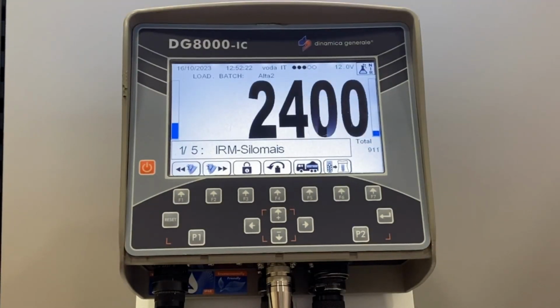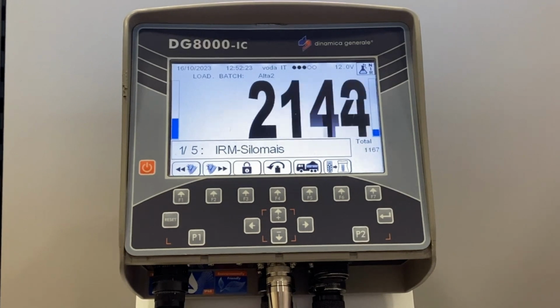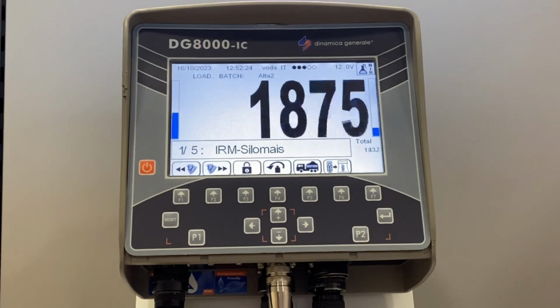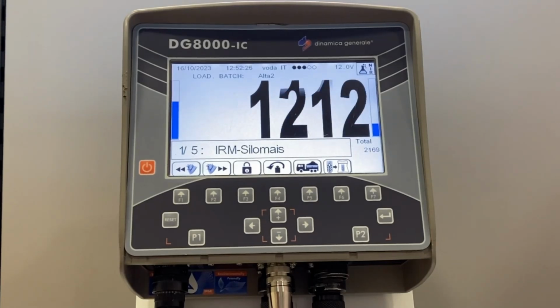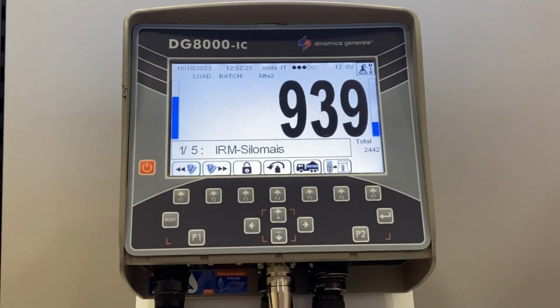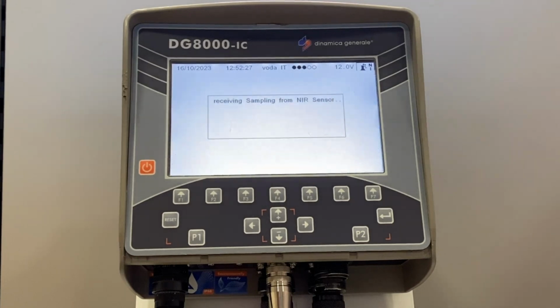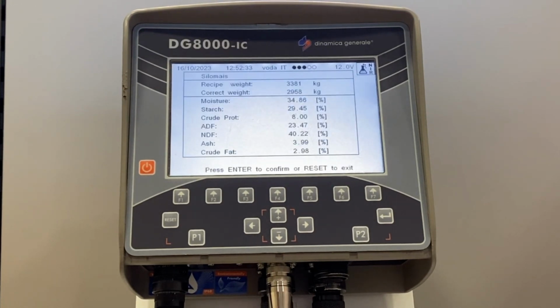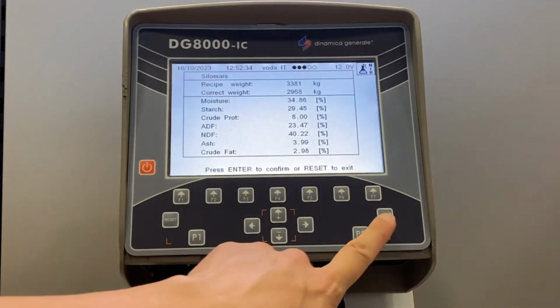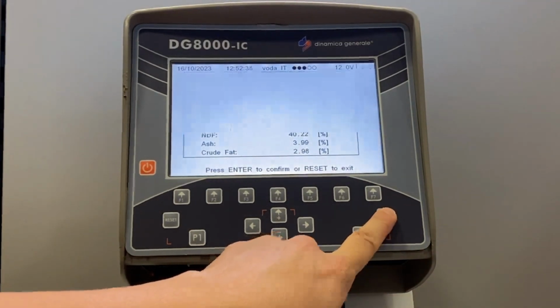You will observe the NIR status icon transitioning to execution state. Loading continues until 80%, where the NIR analysis is halted, and based on the analysis, a suggested remaining quantity of components to load will appear, aiming to average the target dry matter level. Operators have the discretion to accept or decline this correction. Following components, without associated NIR analysis, are loaded in the standard mode.